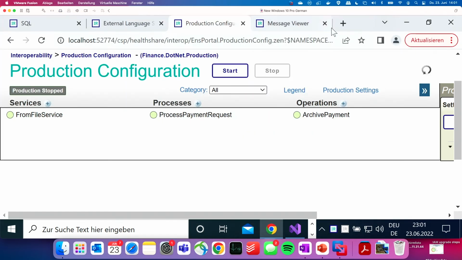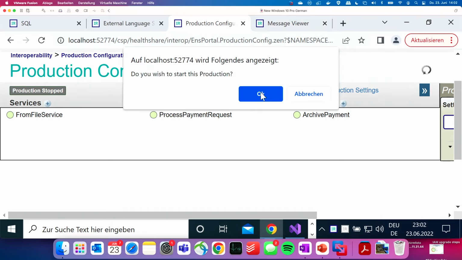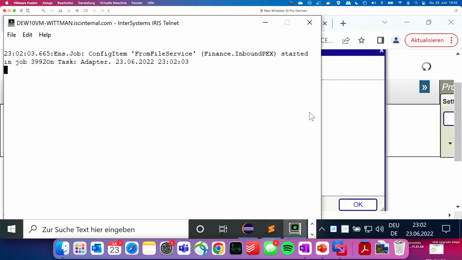So let's go back and start our production. The business service, which is running in .NET, I've put into foreground mode. So it actually pops up as a process, and we can see all the write statements that we wrote on the .NET side. Every 10 seconds, you will see a message like, hey, I'm checking if there are new files in my folder. Everything you see here is directly coming from a .NET process, right?